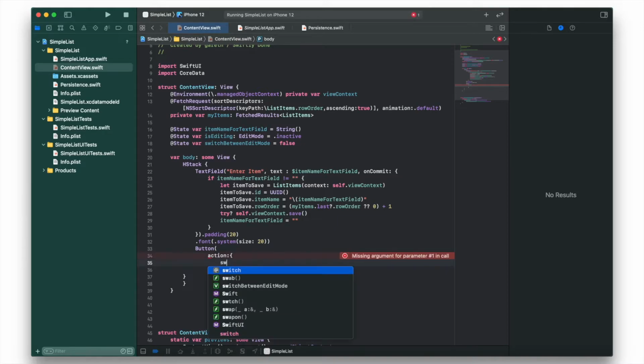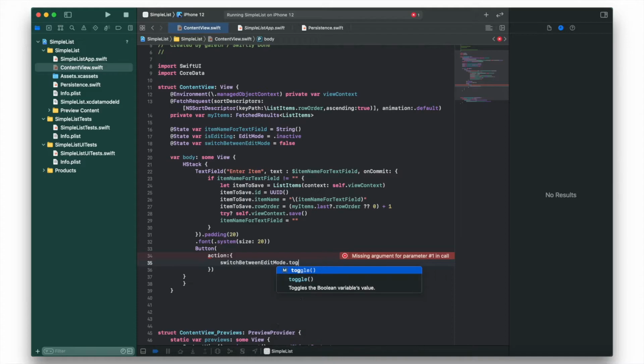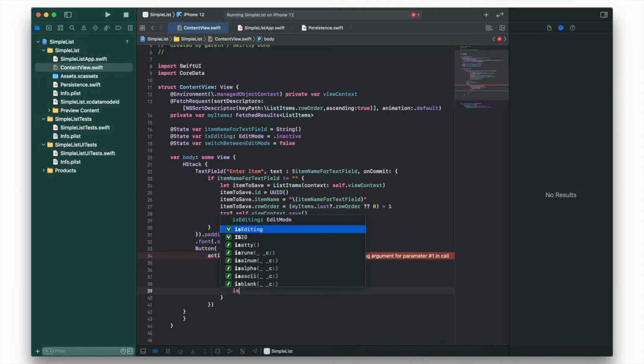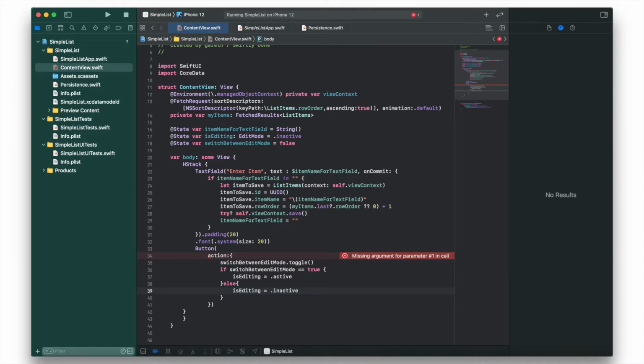And in there I'm going to write switchBetweenEditMode.toggle double brackets, and then if switchBetweenEditMode equals true brackets isEditing equals .active, and then we're going to put else isEditing equals .inactive, and then just between these 2 brackets I'm going to put a comma,